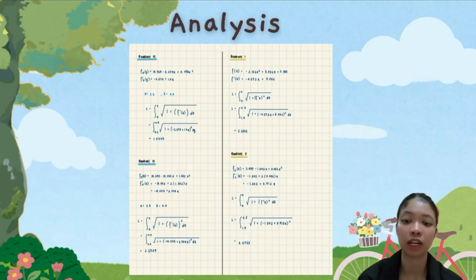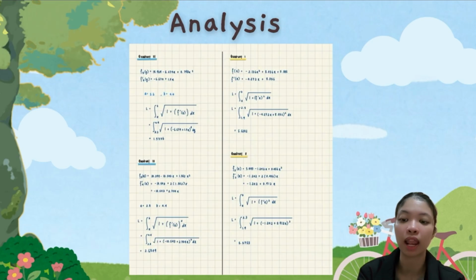By integrating this, the x limits are x equals 2.2 until x equals 4.4. So we get the arc length equals 1.3306 units. For quadrant 3, we return to the function of f(x). After finding its derivative, we plug it into the formula and evaluate it within the boundaries, which are x equals 2.5 and x equals 4.4. This calculation result obtains L equals